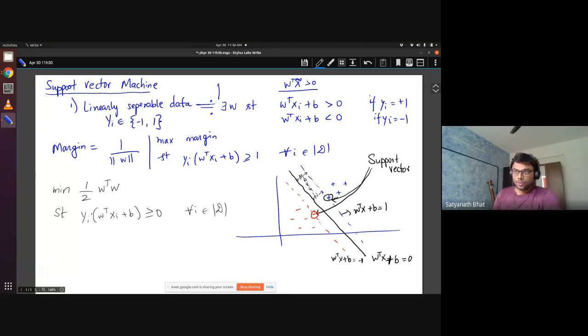So just to ask a question: first question, in the chat, can you type what are all the optimization variables? What are all the variables that we are optimizing over? It is a minimization, all right, but it's a minimization over what? What is it that we are minimizing over? Can you type it in the chat?